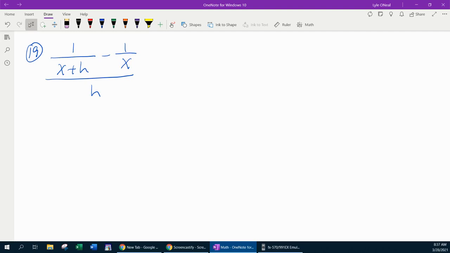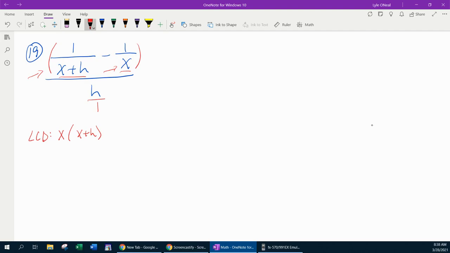Our next example, number 19, is a situation that you might run into doing the difference quotient. Again, we have multiple fractions within fractions. So what I'm going to do is take the numerator of this overall fraction, and find the LCD for those two fractions. Since their denominators are different, the LCD is going to be each one of those multiplied together. So if I make a note of that here, the LCD would be x times x plus h for these two fractions. And the denominator, if I wanted to express that as a fraction, I could say that that is